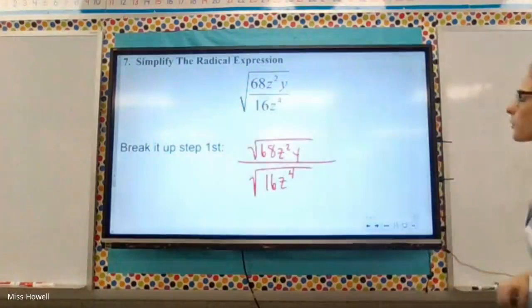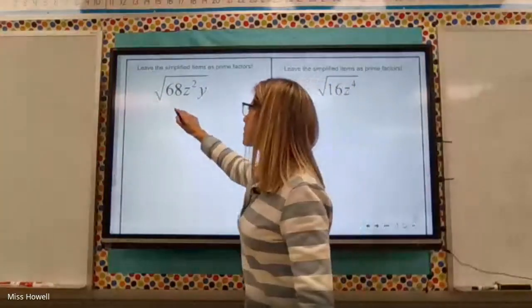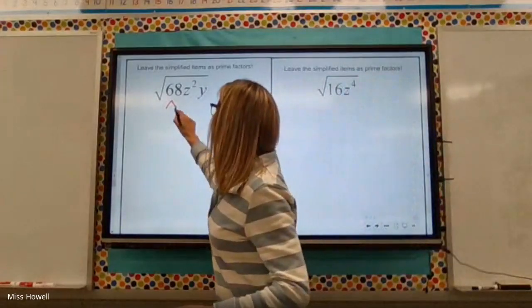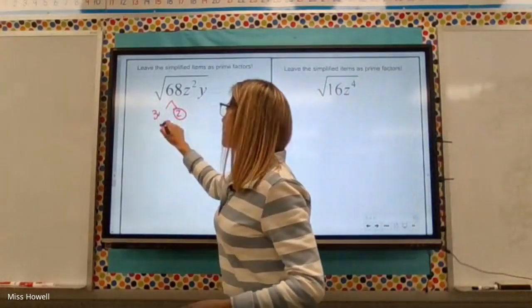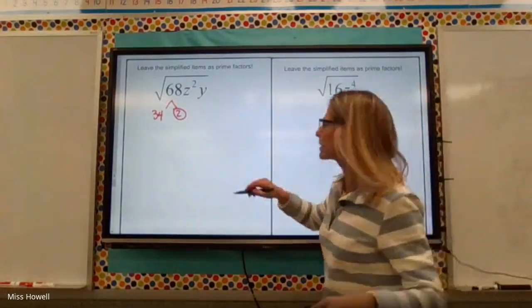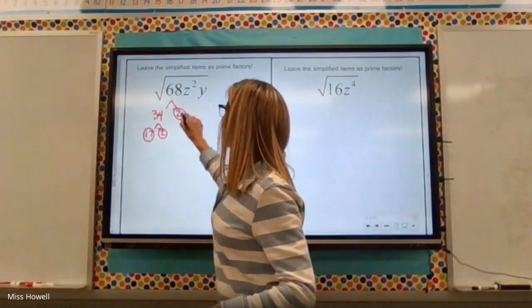So we want to start with our 68z squared y. All right, break it down. Again, there's a couple different combinations we could do here. I'm going to start with 2 and 34. Seems like an easy one. All right, 34, if we divide that again by 2, we'd get a 2 and 17. All right, 2 z's